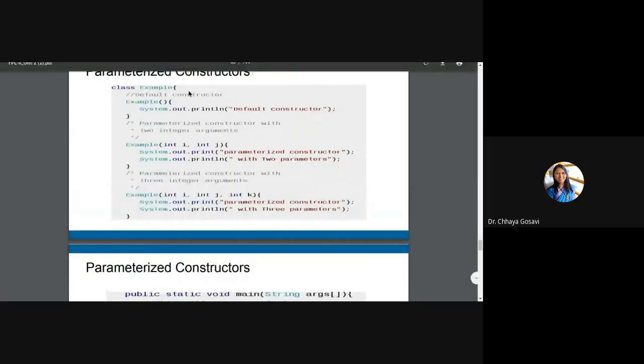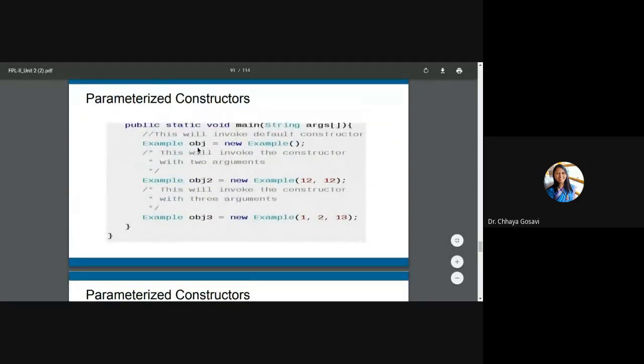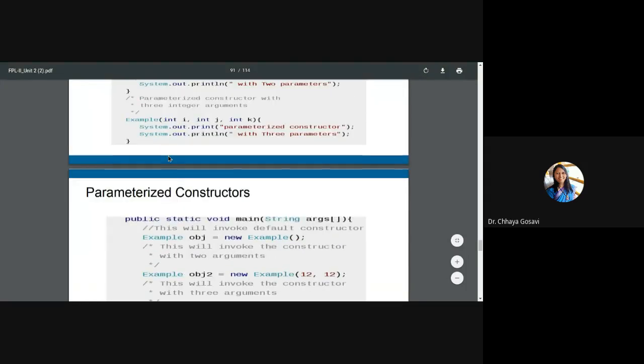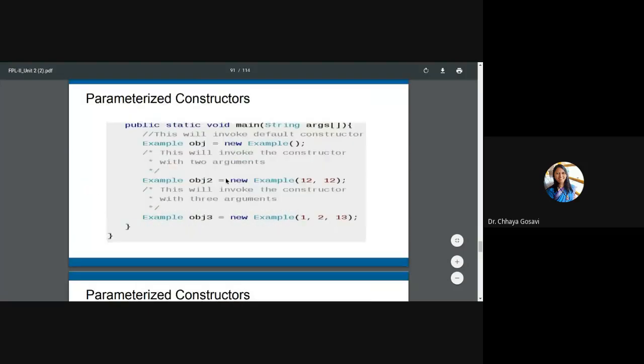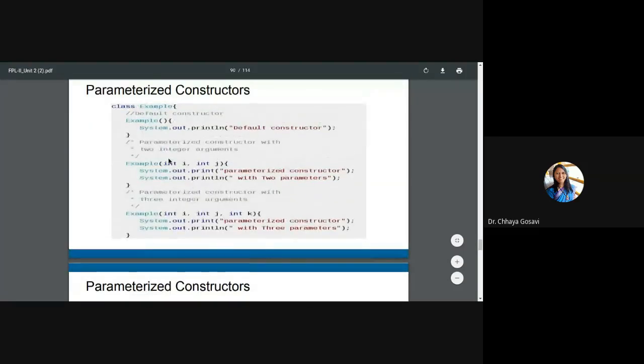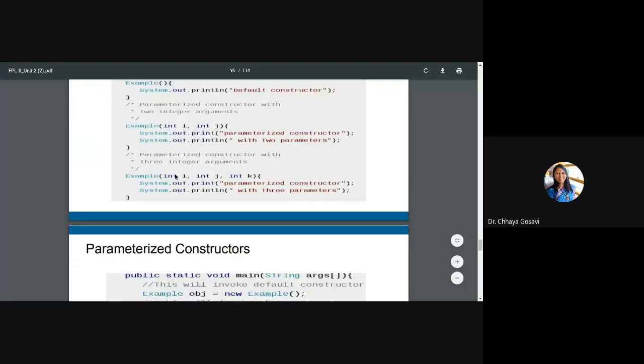And how are these constructors called? If I create an object, for example obj is equal to new Example without any parameter, it will call this constructor and print default constructor. If I create an object with two parameters, it will call this constructor and print this line, parameterized constructor with two parameters. If I create an object with three parameters, then it will call the third constructor.